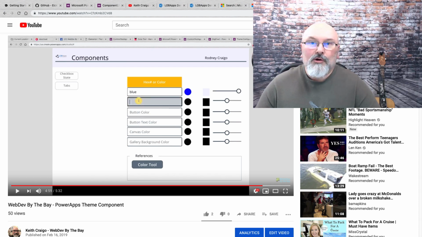Last Saturday I created a new theme component. I'm using the new experimental feature components in Microsoft Power Apps. And this week I added some more functionality to it. I added a button to allow the user to save their preferences to their device. I also added another button so that if the user is in an Azure Active Directory security group, they'll be able to save their preferences to SharePoint. If they're not in the security group, then they won't even see the button. And I'm going to show you how to do that. So let's get started.